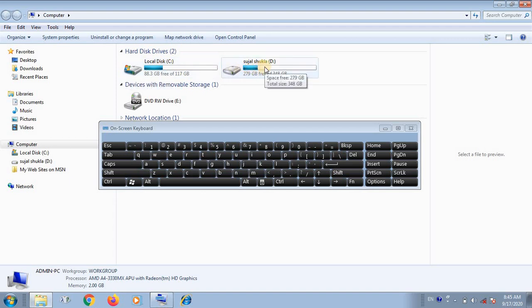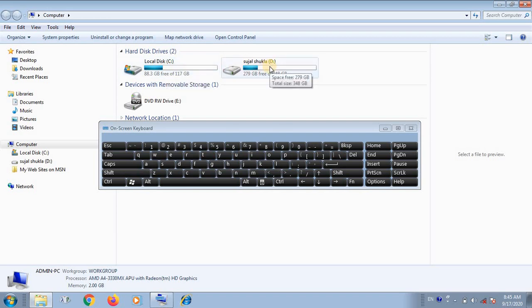Always save any of your files by making a folder inside the D drive, so that if this operating system crashes or is not performing well, then your file will not be destroyed or deleted.